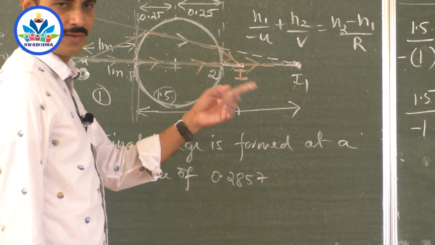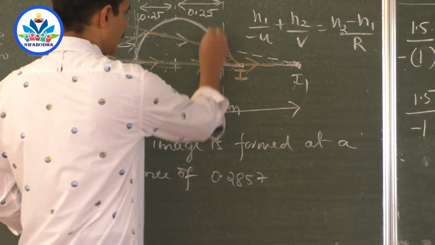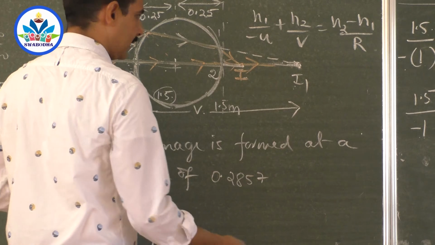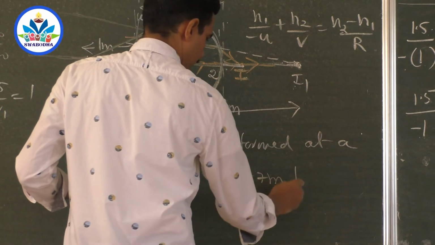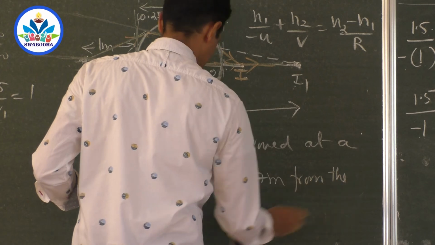You got the positive answer, right? Why? What is the meaning of positive? For this surface, it is on the right side. It is correct. The final image is here, 0.2857 meter from the second surface,